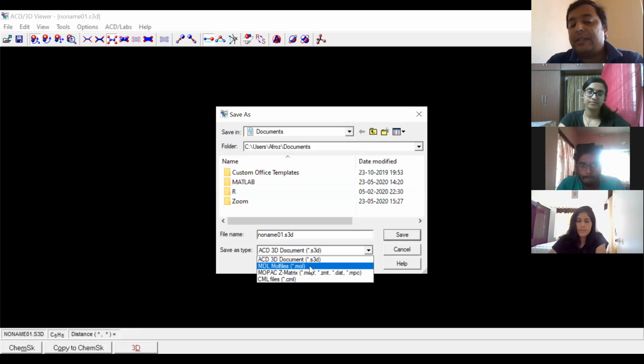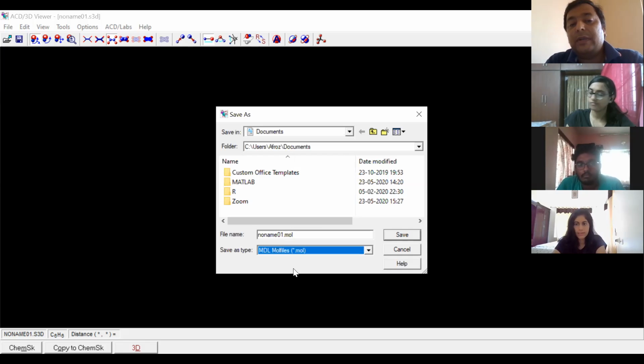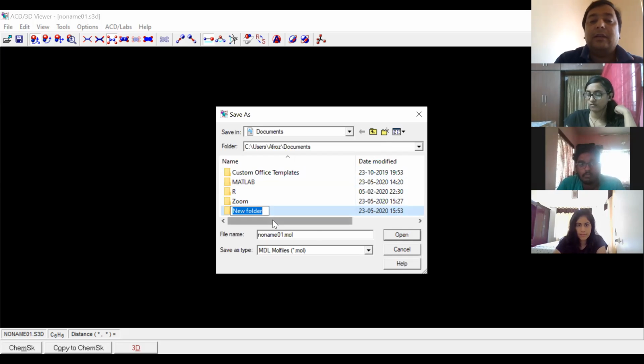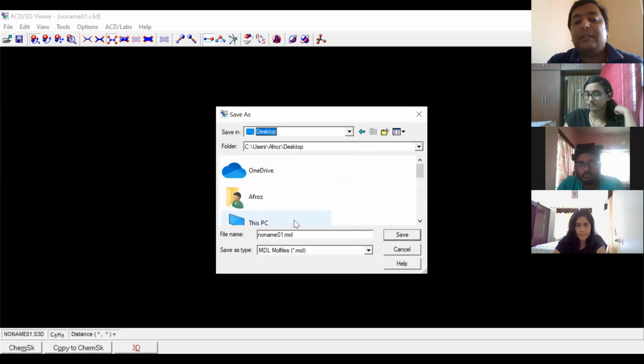So it's better if I suggest two formats you have to say one by one. This structure we'll be using in the next step, these two formats, right? One is the mol format, the MDL mol file. This 3D structure has the extension .mol, right? So make one folder called mol file and put it on the desktop. I'll be keeping these things in one folder on the desktop.